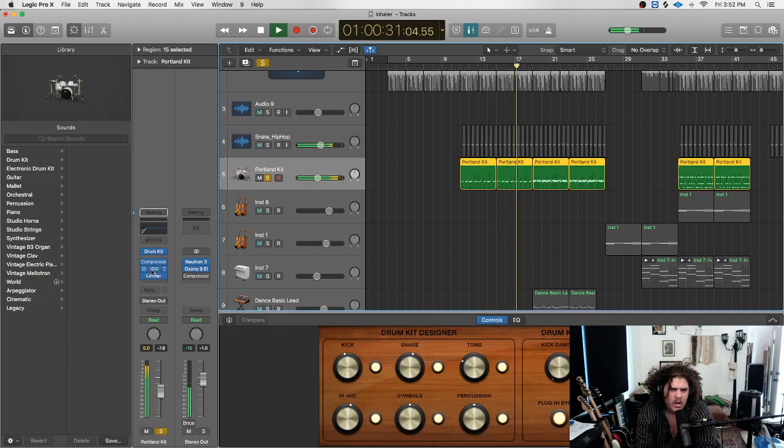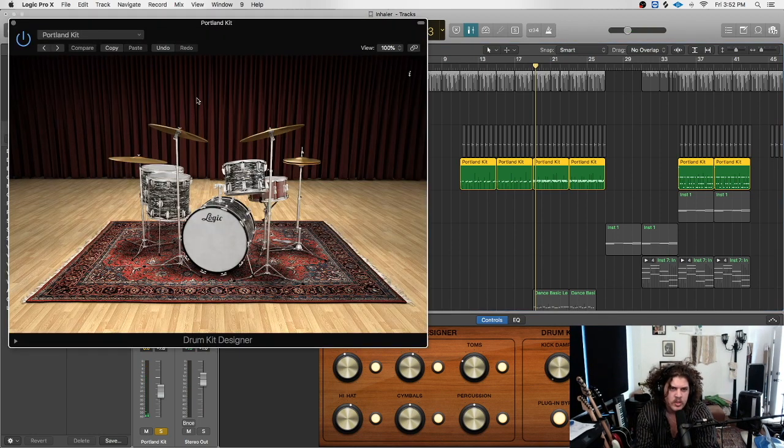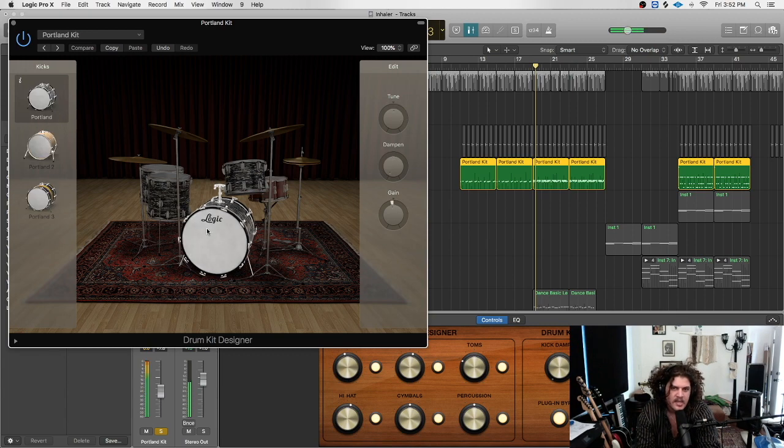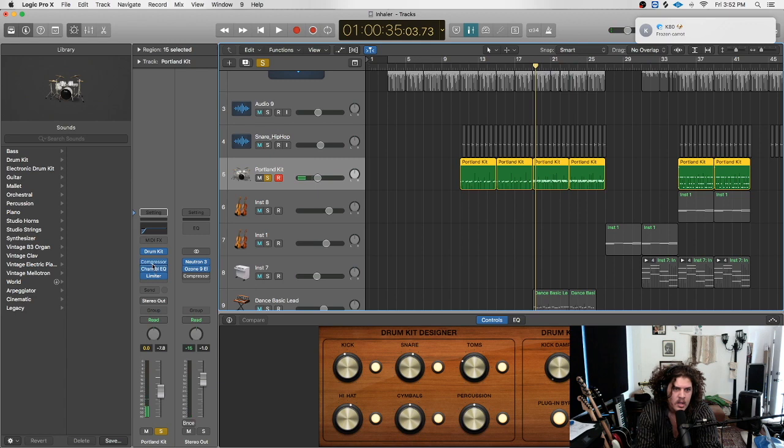Limiter, EQ and compression, pretty straightforward. I use the Portland kit. It's like a stock Logic drum thing, like a stock Logic drum, just like Drum Kit Designer. I always use the Portland kit. Dampen the snare. I tune this one higher. Same kick. It just sounds cool if you compress it pretty hard,